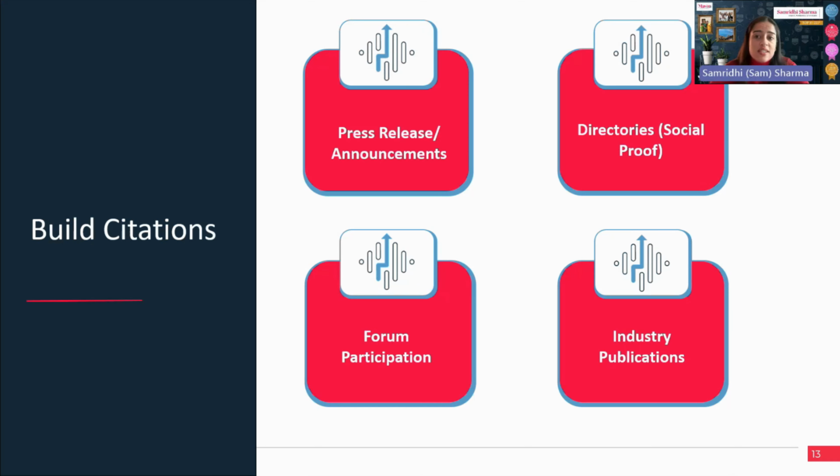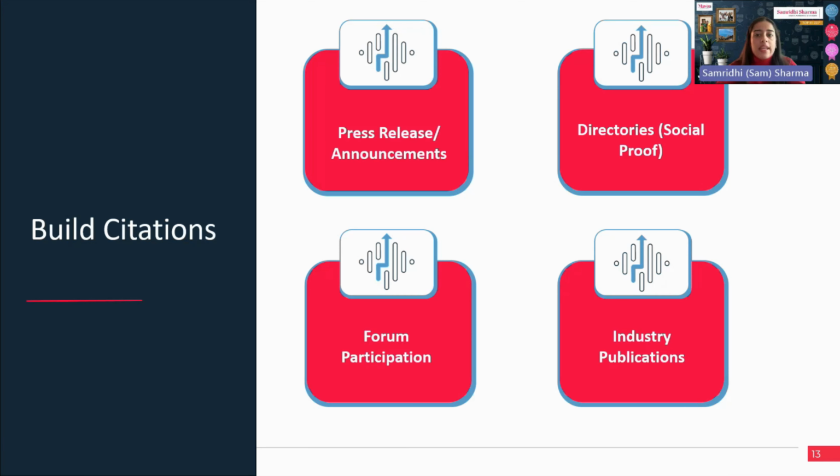Now, for citations, press releases are in again. Our clients, MS partners, often hesitate investing in press releases, but to be very honest with our attendees today, it is a pay-to-play option and it helps get more visibility. It is all about the wide distribution now, so it's worth your investment and time.